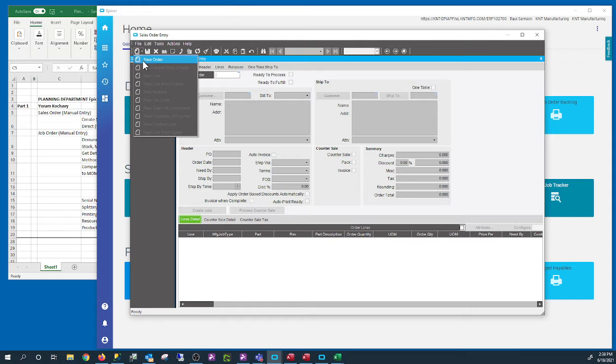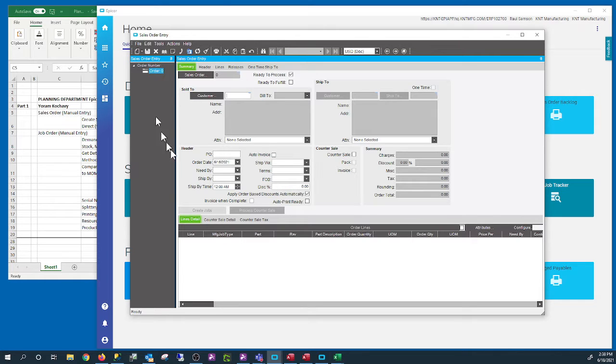You do that by clicking next to the new button; this is a new order. This new button is sensitive to where you're at. Since we are now on the header, it will create a header, but the same button would create a new line if you're on the line. So it creates the right one. We just created a new header. It's not assigned a number yet. The number will be assigned upon saving. As you see, it has the number 0, which indicates a placeholder for the number once it gets saved. Let's select the customer.